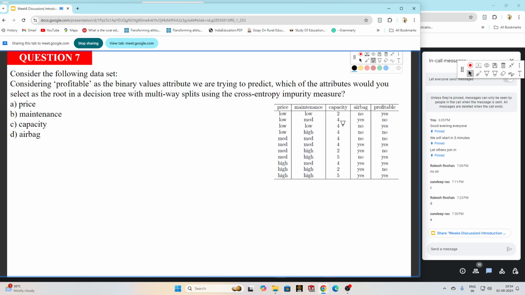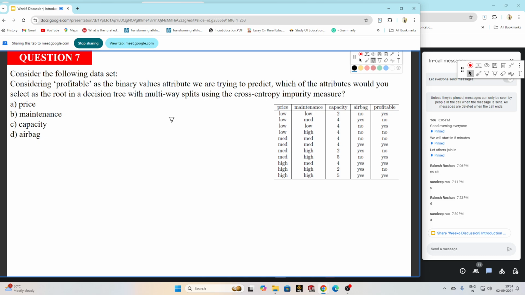Airbag has 2 classes, no and yes. Profitability has 2 classes, yes and no. So which of the attributes would you select as the root of a decision tree? We have to find either information gain or